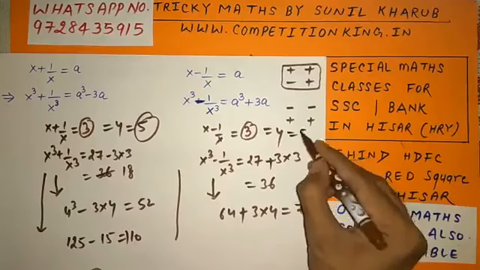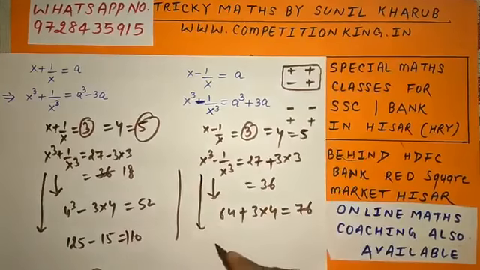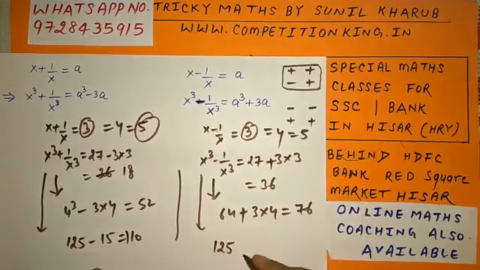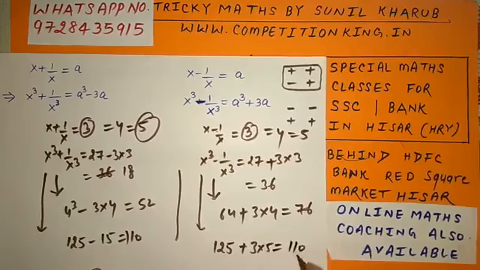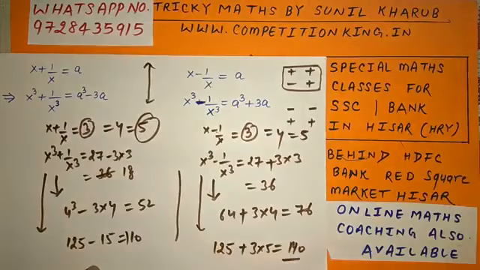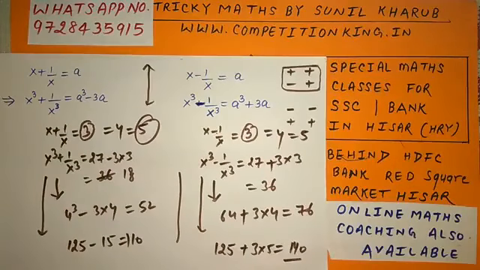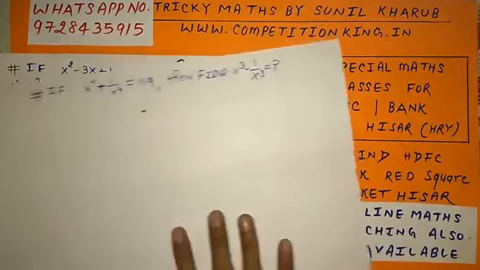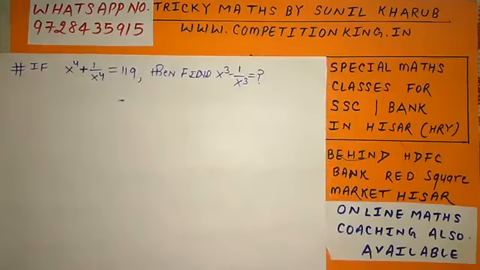If it is equal to 5, then this value is 5 cube is 125, but I am moving from minus to minus, so I will add 3 multiplied by 5, answer 140, and I have made a trick. You can remember this, but you can generally take this. But keep in mind, in cube we can move from plus to plus and minus to minus. See an example. It will clarify all your doubts.